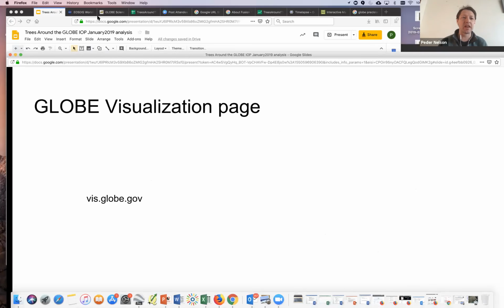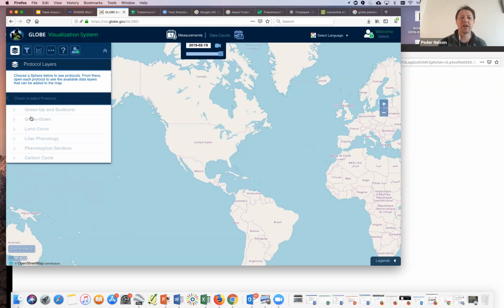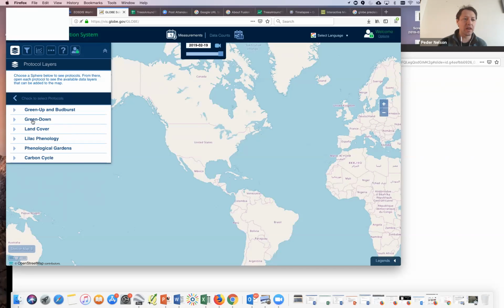If you haven't used that before, it's just on viz.globe.gov, and you end up at a location like this. When you click down, the protocol layer here is where you can find the biosphere. And then for us, we are looking at,